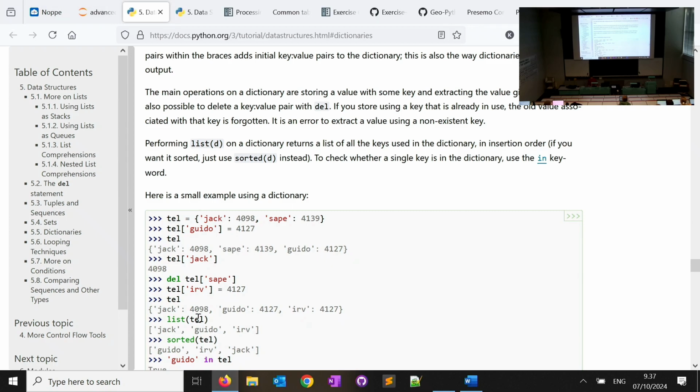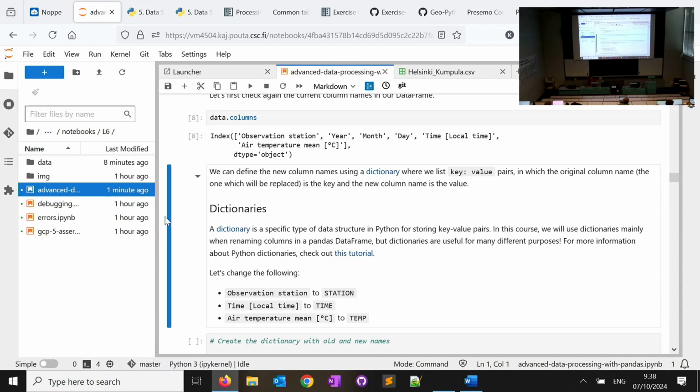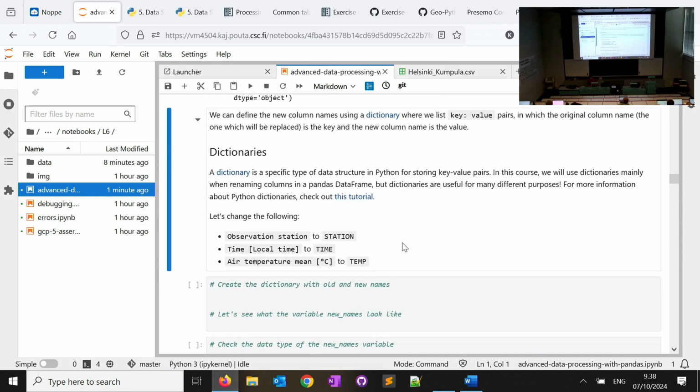So if the name of the dictionary is tel in this case, instead of an index, I can just put the name of the person, which is the key in our dictionary, and it just gives the number. So the person Jack is paired with this value. When I call Jack, it's going to give me the phone number for Jack. So this is what a dictionary is in Python, and it's quite handy depending on what you're doing.